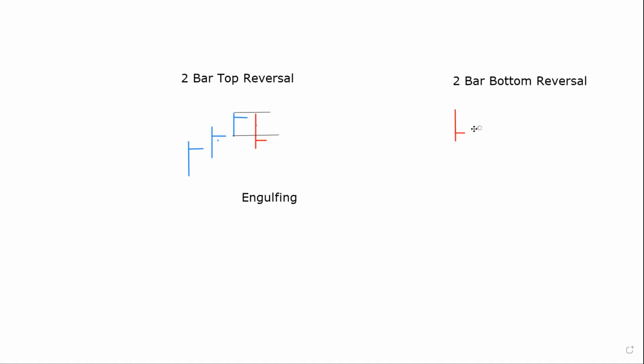And then we have a bullish bar here, like this. This one is a 2-bar bottom reversal. It does not need to breach the low of the previous bar,